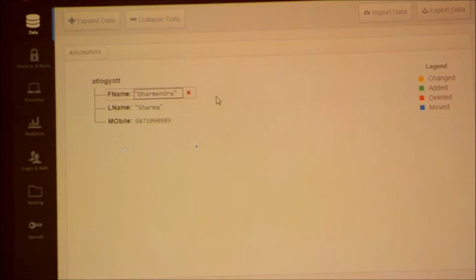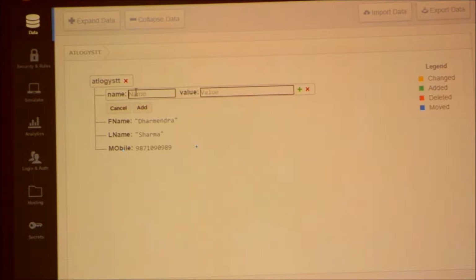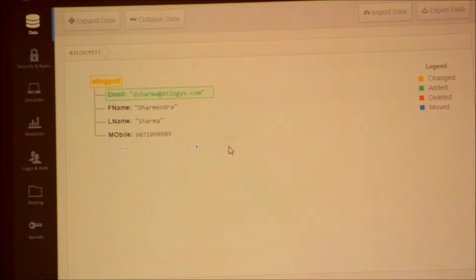So these are the three fields I added here: F name, L name, and mobile. And I can add another field here. So this is how we can create fields in the backend database. And if you want to see that in JSON format, what you need to give, this is the Logis TT app we built here, so that will give this URL. And here you can use this URL in your application to add the feature validation on these fields.